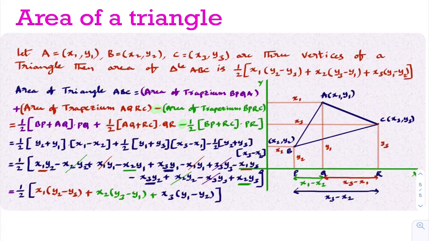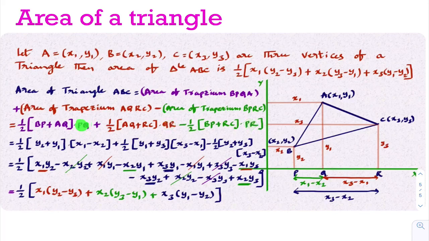Minus, the same thing I have written here, minus area of trapezium BPRC. Here this is BPRC. What is the area of this trapezium? Half into sum of parallel sides into distance between parallel sides. The sum of parallel sides is BP plus RC into the distance between these two parallel sides, which is PR. That is what I have written. I hope you are understanding these things easily. Now, from the figure you need to know what PQ, QR and PR are.